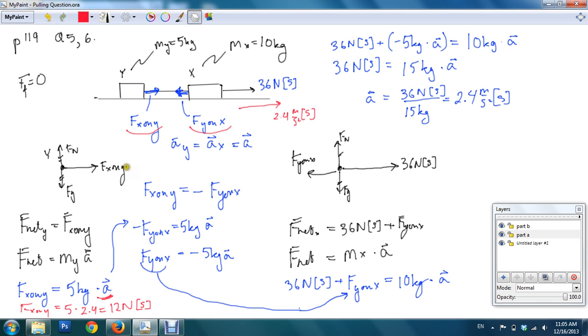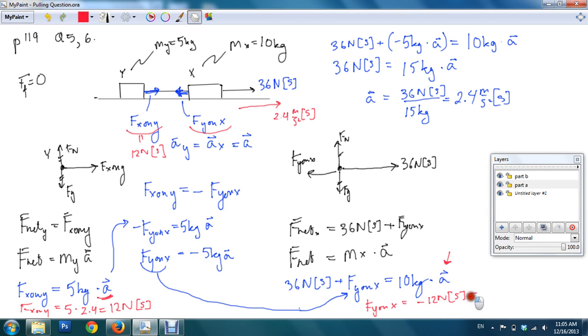So Fx on y is 12 newtons south. Plugging 2.4 meters per second squared south into the acceleration, after doing all the algebra, Fy on x is equal to negative 12 newtons south, or 12 newtons north,